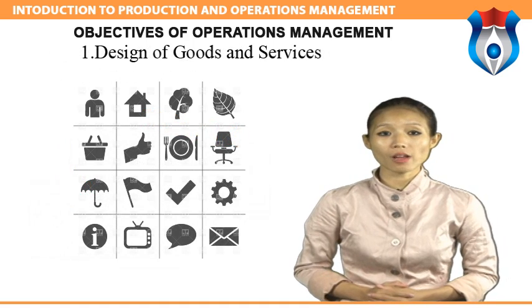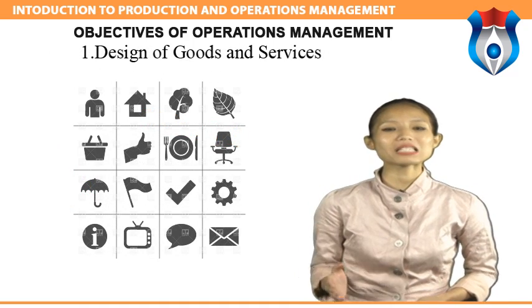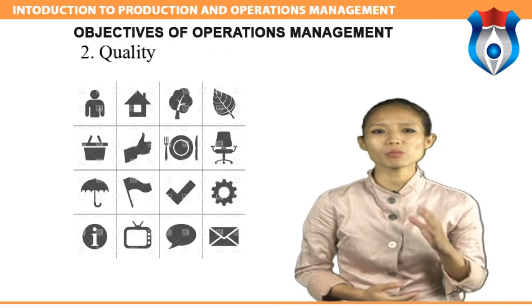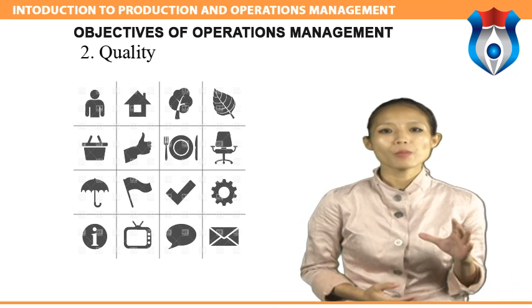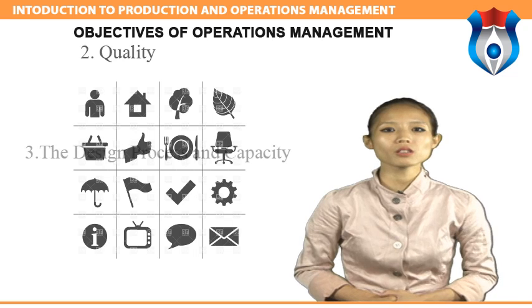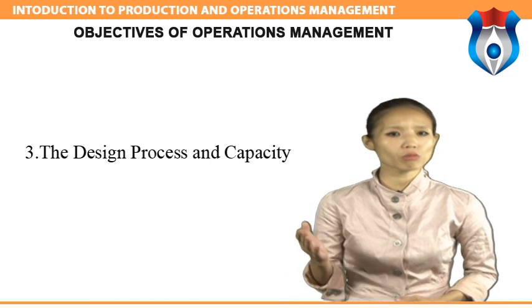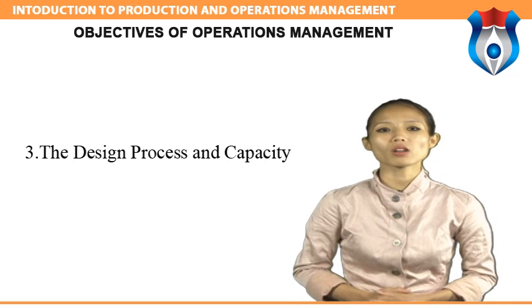Design of goods and services. It is associated with quality and human resources. Quality: the quality of the product must be maintained during construction. Process: the design process and capacity, designing processes and capacities related to the quality, human resources,